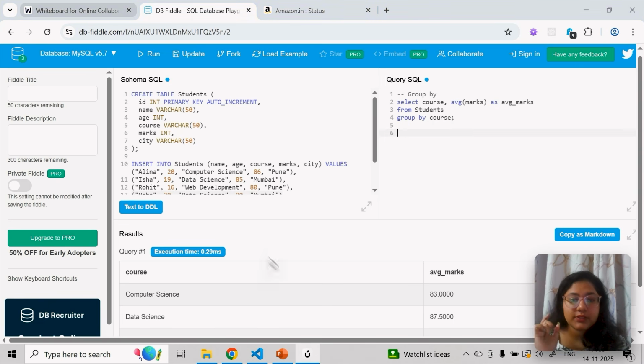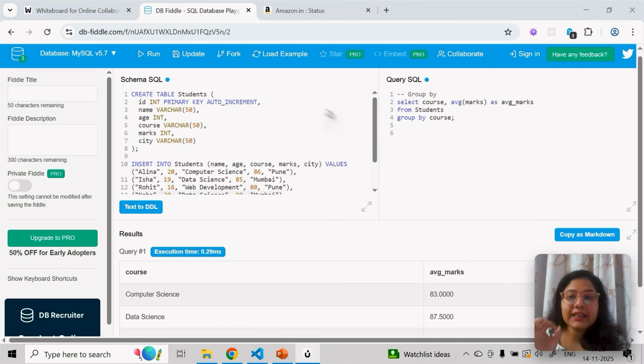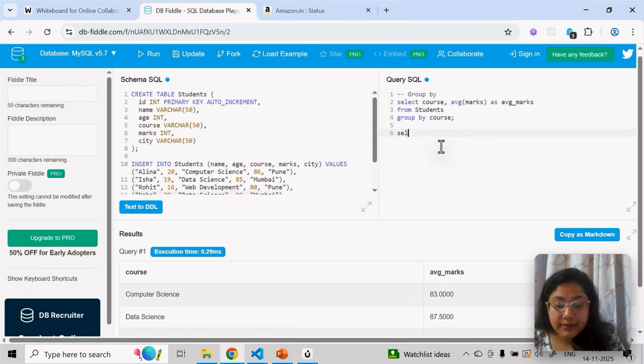Okay. Each word you can see based on each. So now what you will do? You will simply use aggregate for the count. Okay. And you will use group by for each department or course. So I'll just say select course. Now we know count, right? Count. I'll just put star